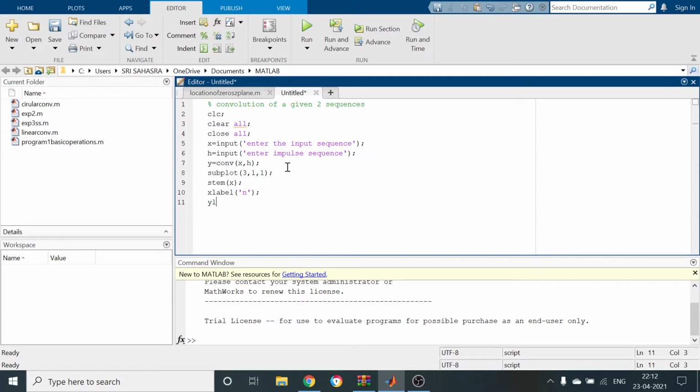The y label is input sequence, that is x of n. Next, the title. The title is input signal.